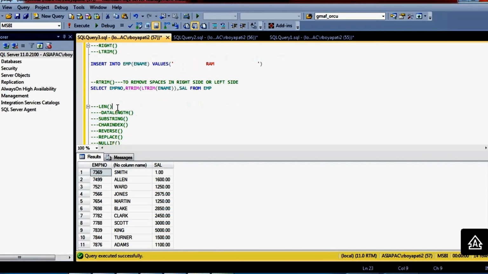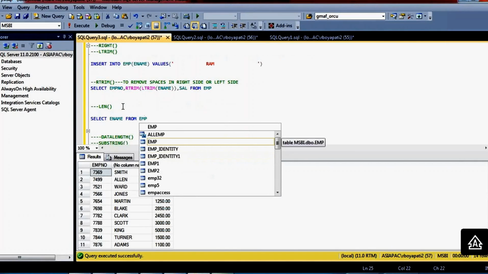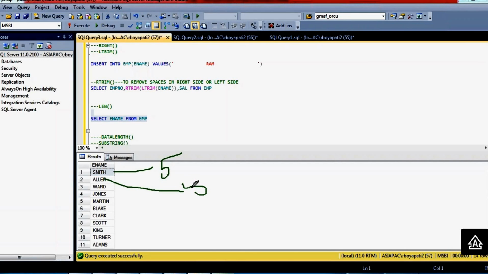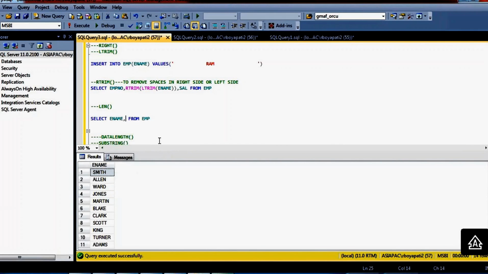What is the length function? In this employee name column in the EMP table, how many characters do we have for each employee? Here it is 5. Here it is 5. Here it is 4. Here it is 5. So if you want to find out the number of characters in a particular string, you can use the length function.